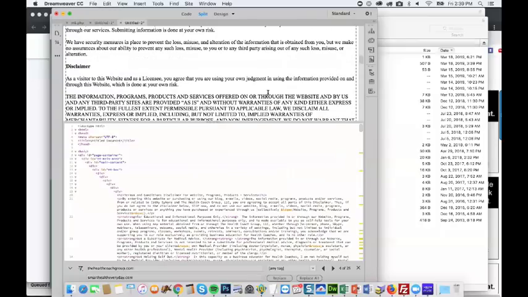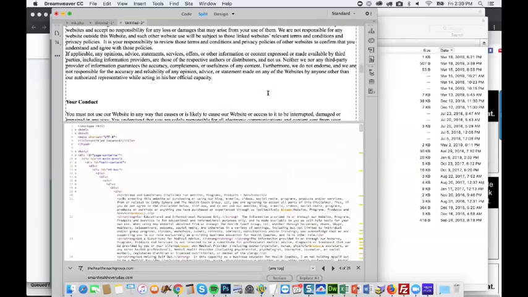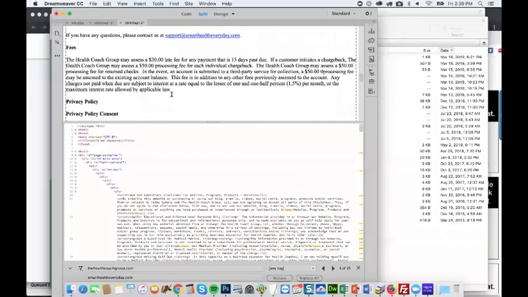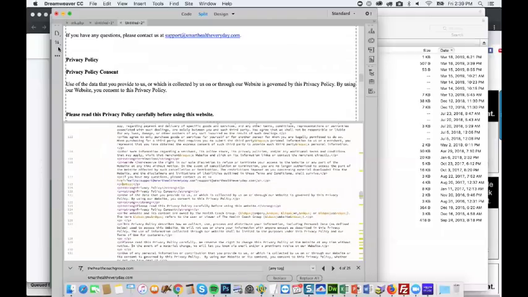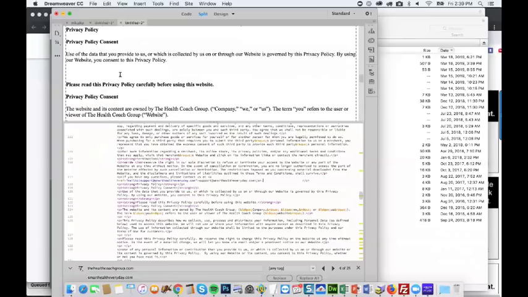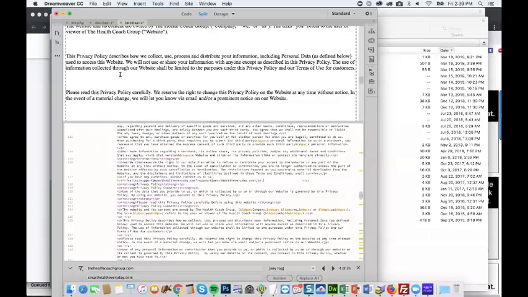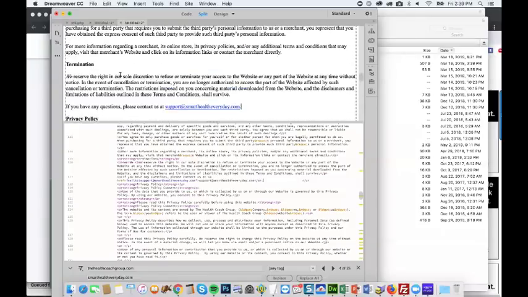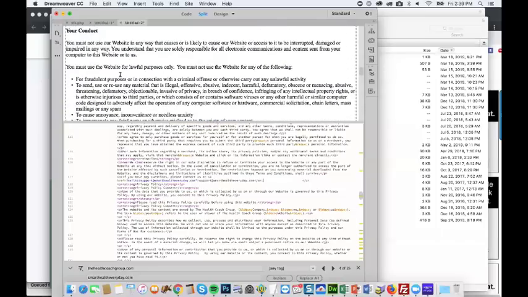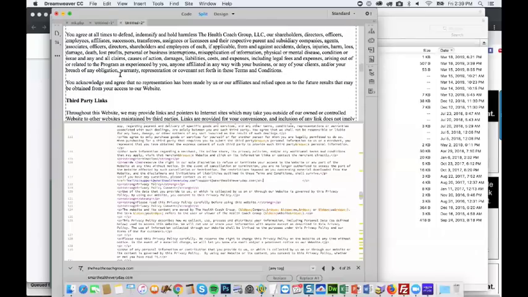And what else might we need to change? We're not actually charging any fees, so you can get rid of that. Oh, we've got a privacy policy here too. Oh, perfect. All right, so this looks good.